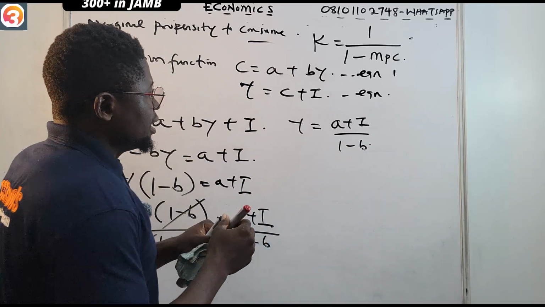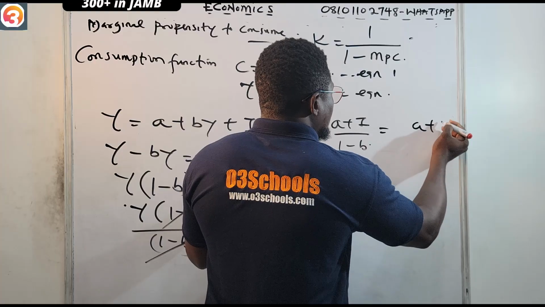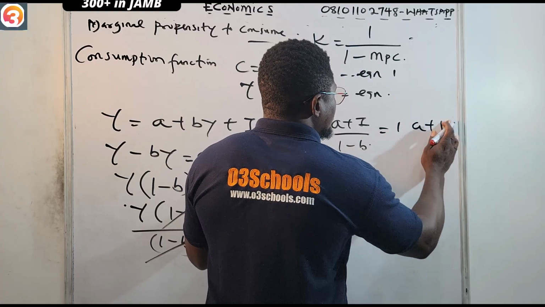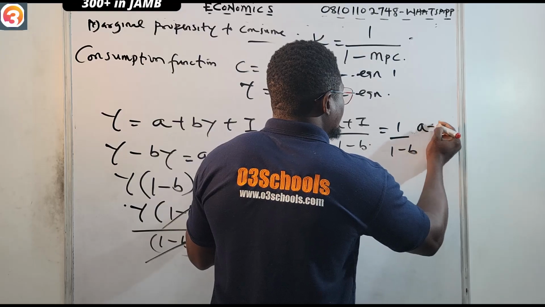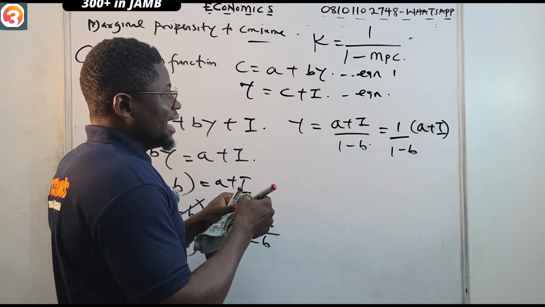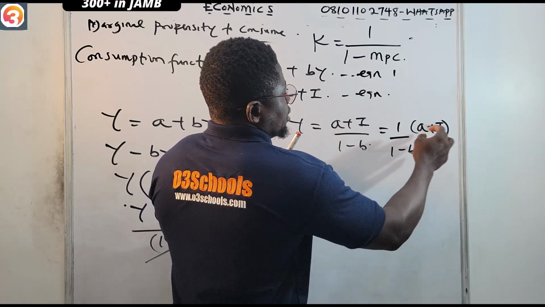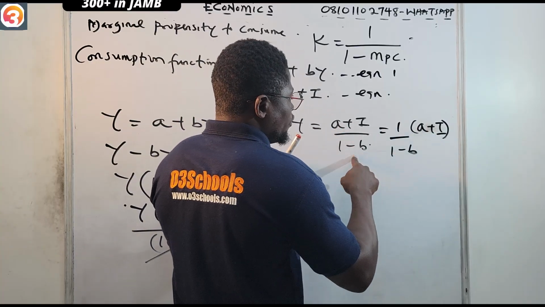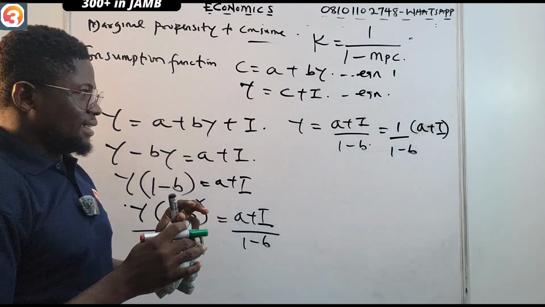We can also write this as A plus I, times 1 over 1 minus B. Not 1i, sorry. We can rewrite this as this. Since this one is at the top, it is still here, and it's the same thing as 1 over 1 minus B altogether. Now we have written this.